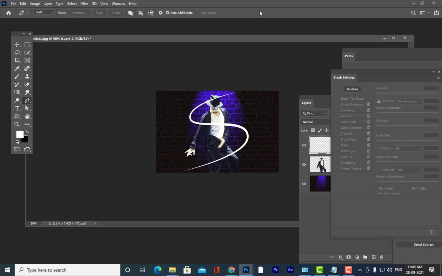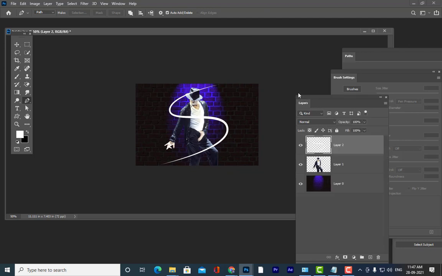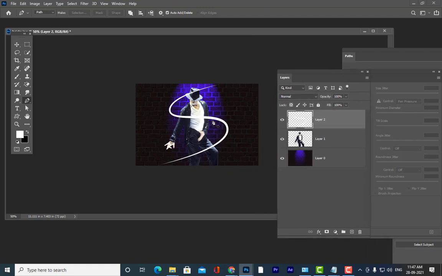Next, I'm going to apply a mask to this because I want the streak to come from behind Michael Jackson. It starts in the front and then goes behind Michael Jackson and then appears. We want the streak to appear in this manner.